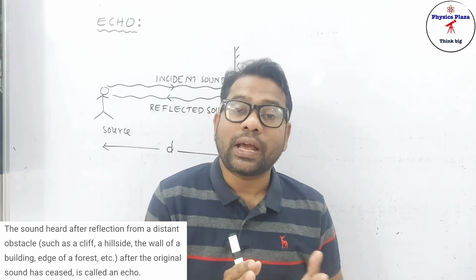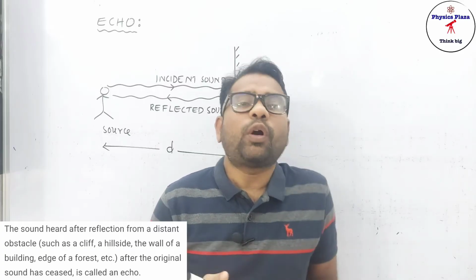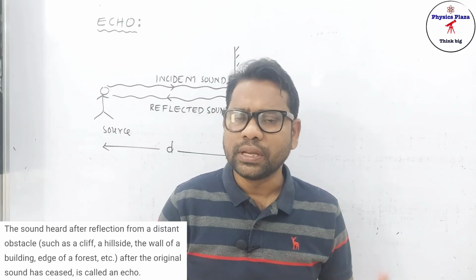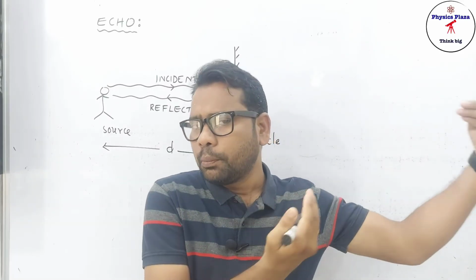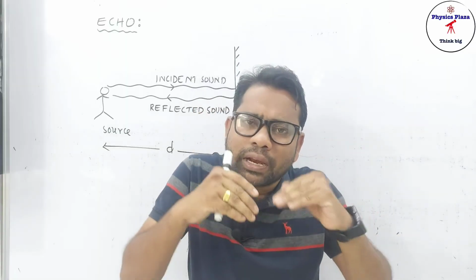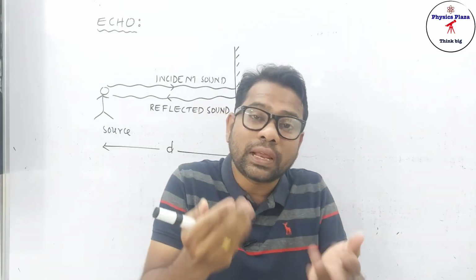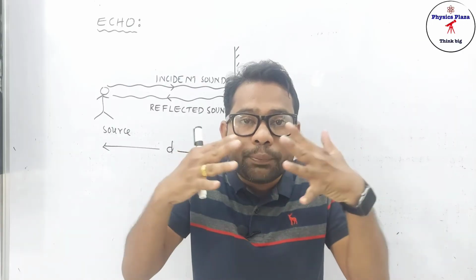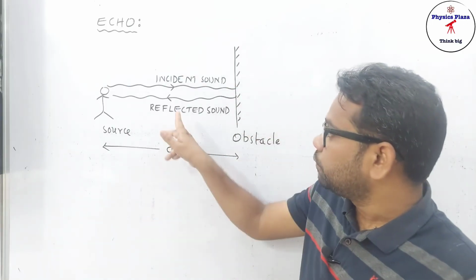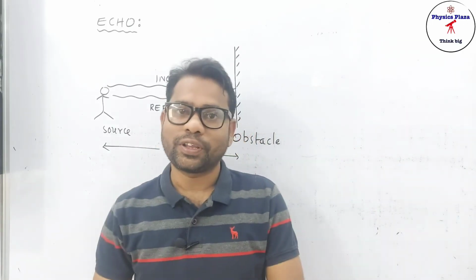There must be clarity. Otherwise, what happens? You may get one doubt. Sir, what happens? Otherwise, this original sound and reflected sound both will reach our ear. We cannot hear the sound properly. There won't be any clarity. So there will be a superimposition between the original sound and the reflected sound here.